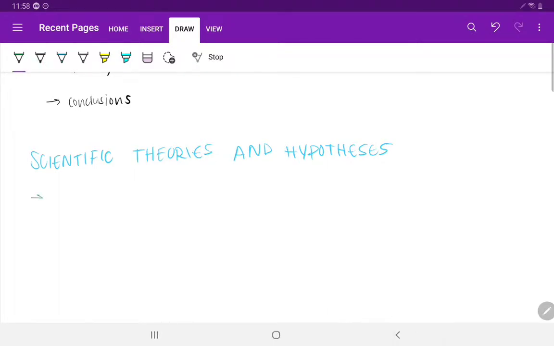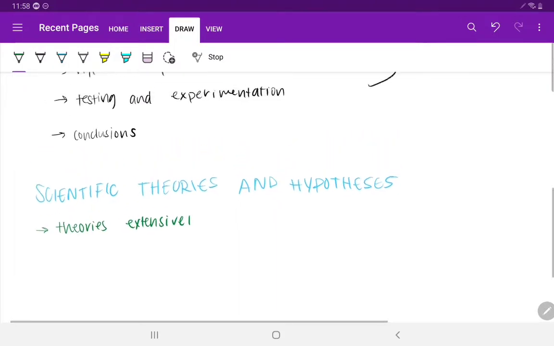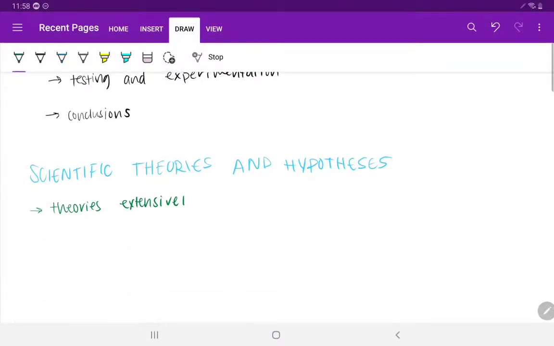Scientific theories are descriptions and mechanisms proposed about how the universe operates that have been extensively researched and extensively supported. Scientists don't call something a theory unless they have a lot of evidence, a lot of proof of something's existence and operation. Whereas a hypothesis, as we mentioned earlier,